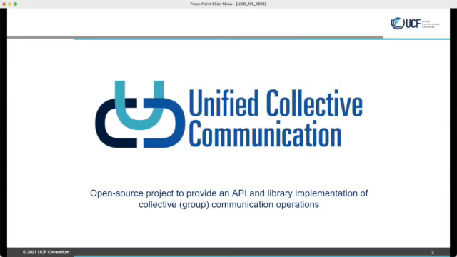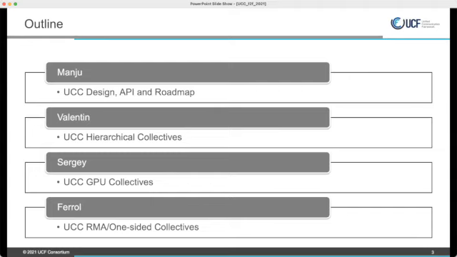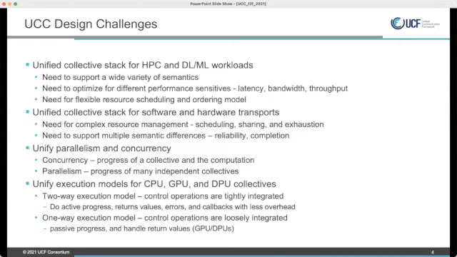And I'll also talk about the API and the design. After that, Valentin will talk about how we are implementing hierarchical collectives in UCC. Then Sergey will talk about GPU collectives in UCC, and then Farrell will talk about how we are supporting RMA-based collectives. So let me go talk about the design.